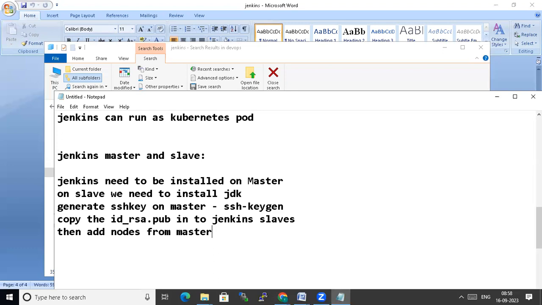Then add the nodes from the master by IP for authentication. We will have the private key in the master itself. So how to set up the master and slave is also our job. Okay, so Jenkins